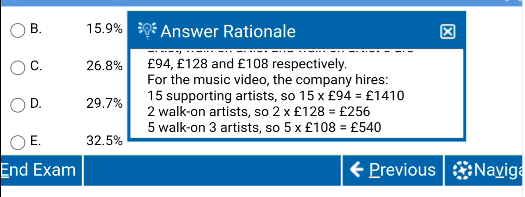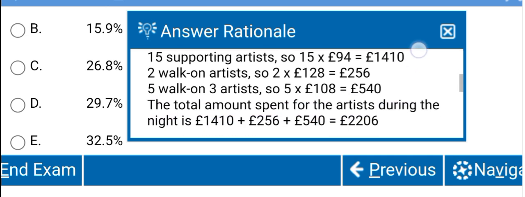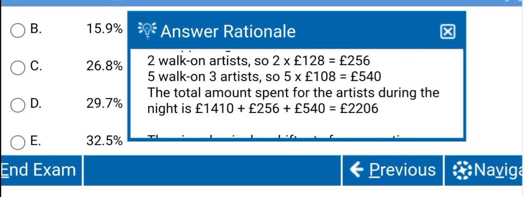So 15 into £94 equals £1410. 2 walk-on artists, so 2 into £128 equals £256. 5 walk-on 3 artists, so 5 into £108 equals